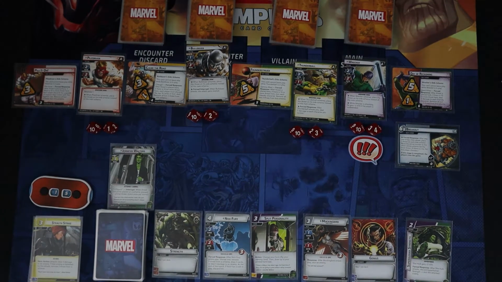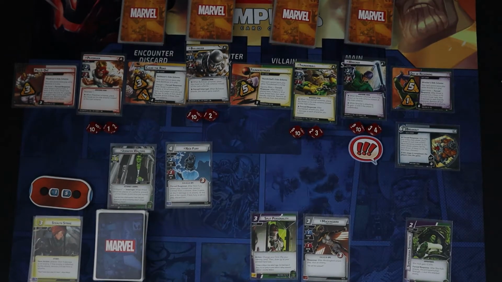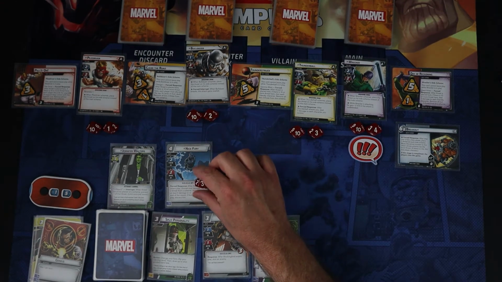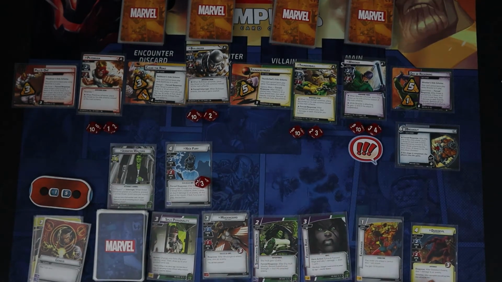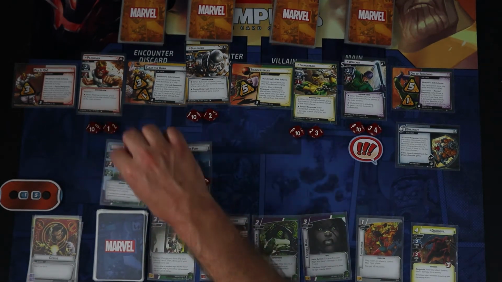And I think the first thing I'm going to do is go ahead and put Nick Fury into play using Strength and Genius. And when he comes into play, he will come in with 3 hit points. And I'm going to have him draw 3 cards. Okay, and I think what I'm going to do is go ahead and flip to She-Hulk and deal the 2 damage